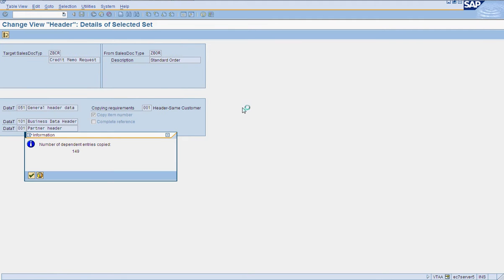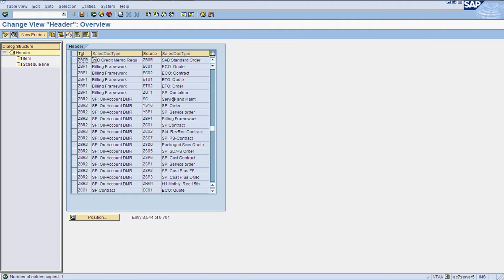So 149 entries are there. The reason being it is copying from standard SAP, so it has more entries. But in our case, we are more interested in item categories for ZBOR and ZBCR. So let's check whether they are being taken into consideration or not. If not, we have to add those.